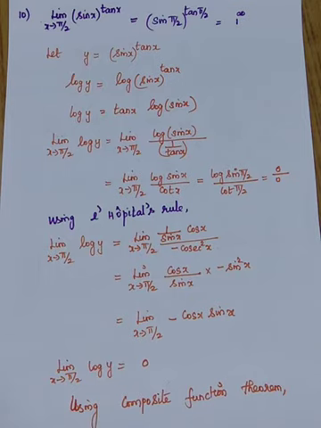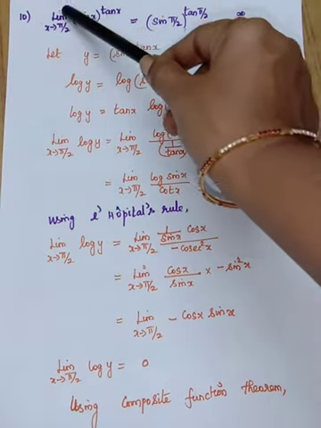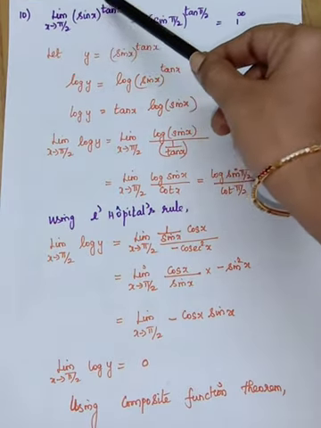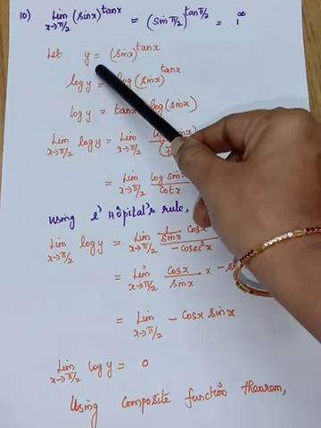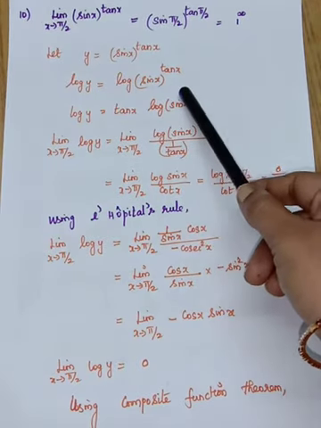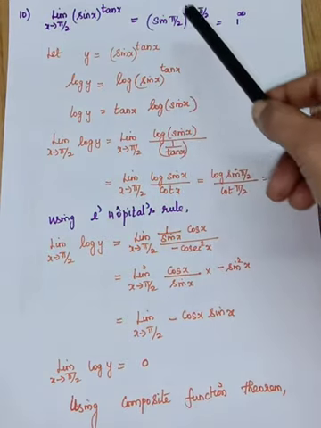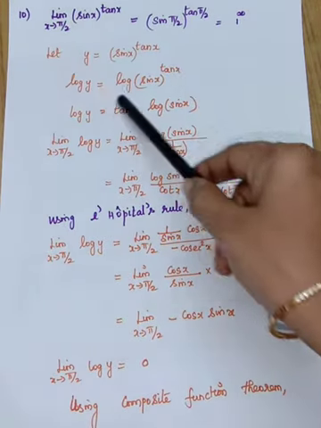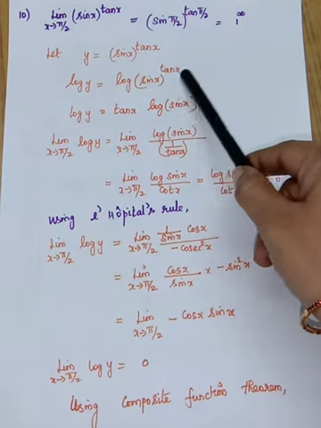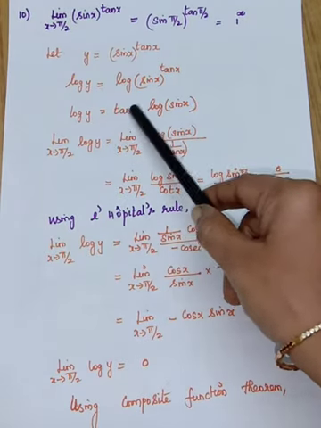So if you have a function in the power, your first step is to bring it down. To bring down the power function, you have to apply log. For that, you just consider the function (sin x) to the power tan x as y. So apply log on both the sides. So log y is equal to log of (sin x) to the power tan x. So according to the logarithmic formula, this tan x will come to the front.